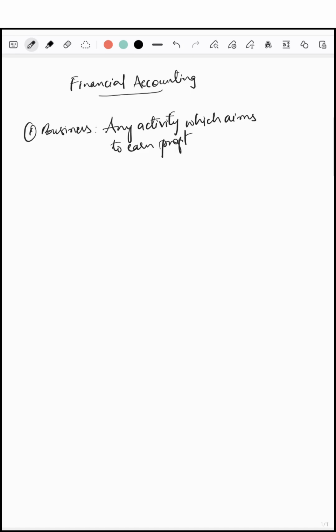If you want to identify any activity as business, it must aim to earn profit. So the same thing I have shown here also. Any activity which aims to earn profit is called a business. Usually in business, two types of methods of business will be there. One is you will usually purchase raw materials and you will convert that raw material into a finished product,